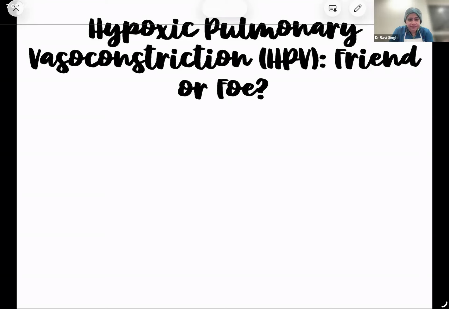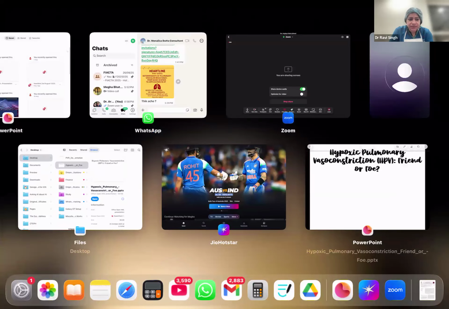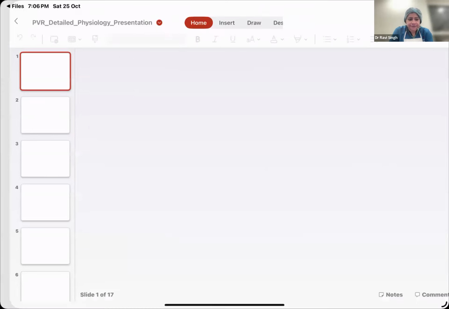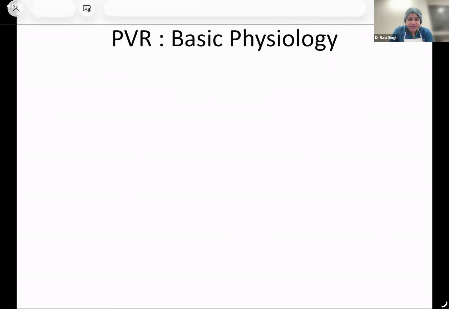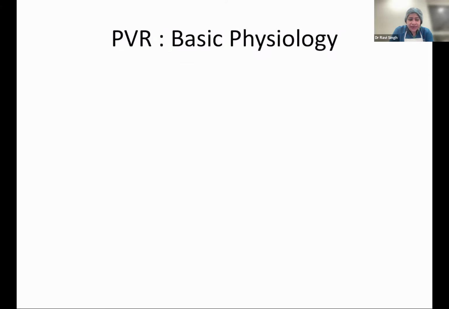The concept, which begins in the basic science, ultimately shapes our every decision making inside the operating theater. From the ventilator settings to the vasoactive choices, from the perfusion strategy to weaning off bypass. So, understanding the determinants of pulmonary vascular resistance is not just about the numbers or equations, it is about appreciating the delicate balance between ventilation, perfusion, and the vascular tone that sustains every heartbeat and every breath